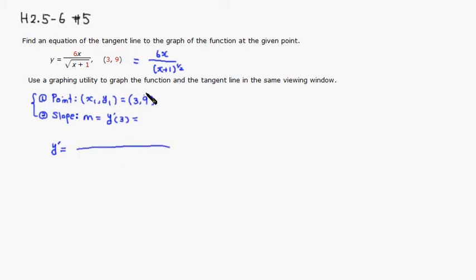So square the bottom. That's going to be just x plus 1, because it's the 1/2 power squared. The derivative of the numerator, the top, would be 6, times the denominator, which is x plus 1 to the 1/2 power. Minus, don't forget that there's a minus sign here, then the top, which is 6x,